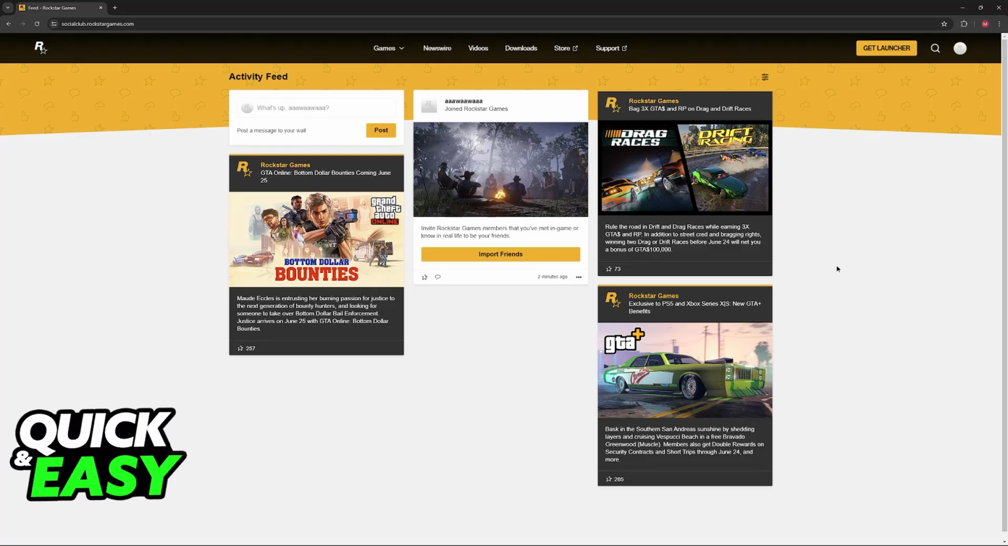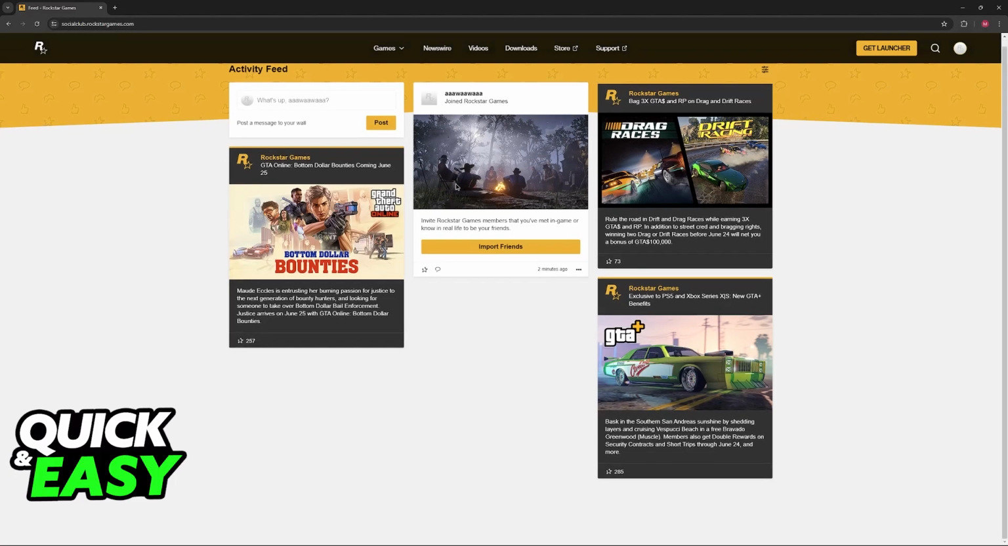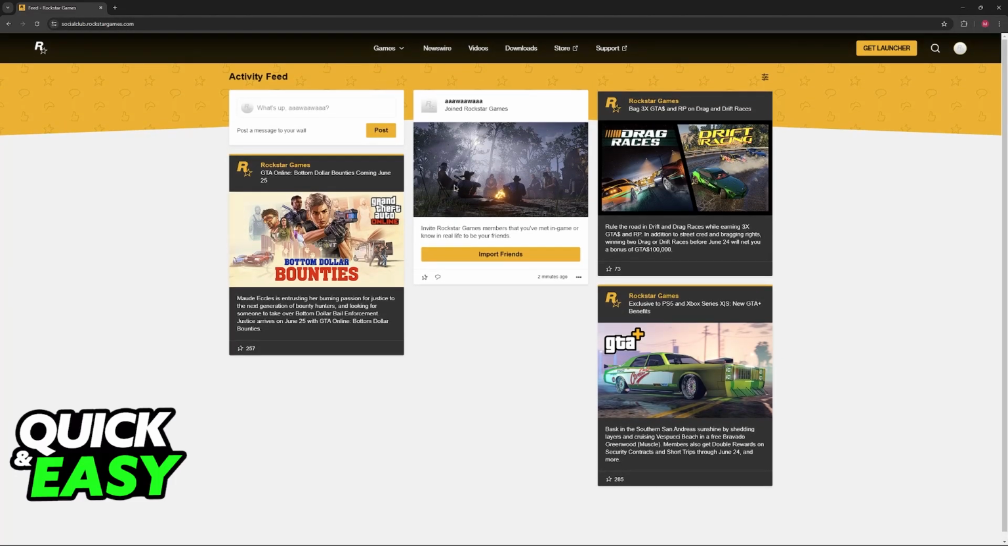All that you have to do is visit this website here. So instead of doing the process on your console, I recommend that you do it through a web browser on your computer or your phone. Just go over to socialclub.rockstargames.com. In this page, you will be able to sign into the respective Rockstar Games account, and once you are